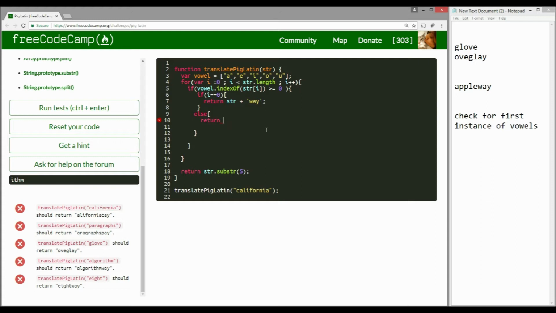So what I do is str.substring starting at i, because wherever we hit the vowel, just from there, return the rest of the word. We take that, plus, now we want to patch the first part. So all we do is substring 0, i,